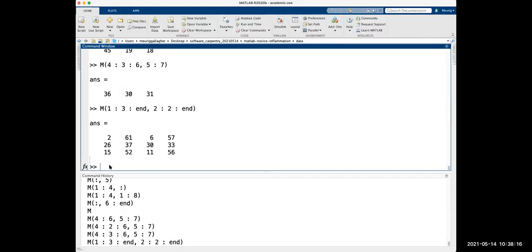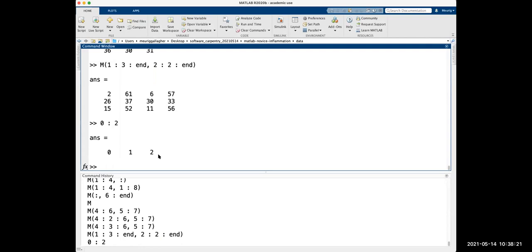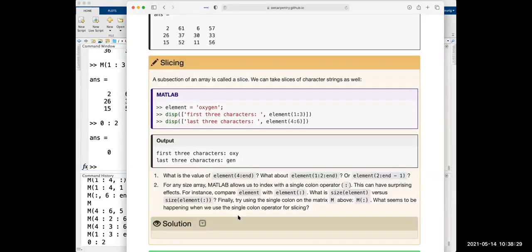So if you did 0 to 2, in MATLAB, that's going to give you 0, 1, 2. In Python, it would say start at 0 and then go up to 1 before 2. So it would just give you 0 and 1. So these ideas that we're talking about are all very similar across programming languages, but they all have these subtle changes that can be really frustrating when you're trying to switch between them. But once you get the basic ideas, moving towards them will work.